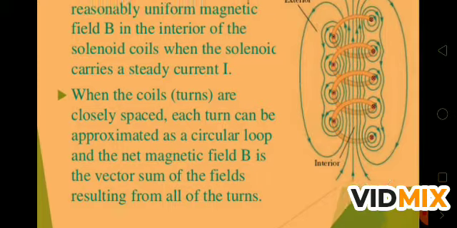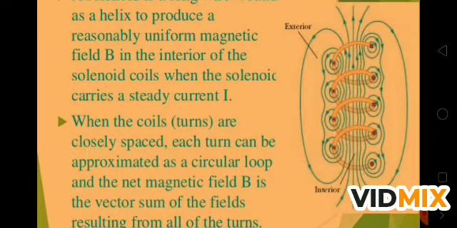These are the important points, and you should see the diagram also, to see how the magnetic field arises. In this diagram, the yellow line is the loop of the wire, and the blue lines are the magnetic field created around the wire. We consider the total magnetic field as the vector sum of all the magnetic fields, because magnetic field is a vector quantity. It has magnitude as well as direction.